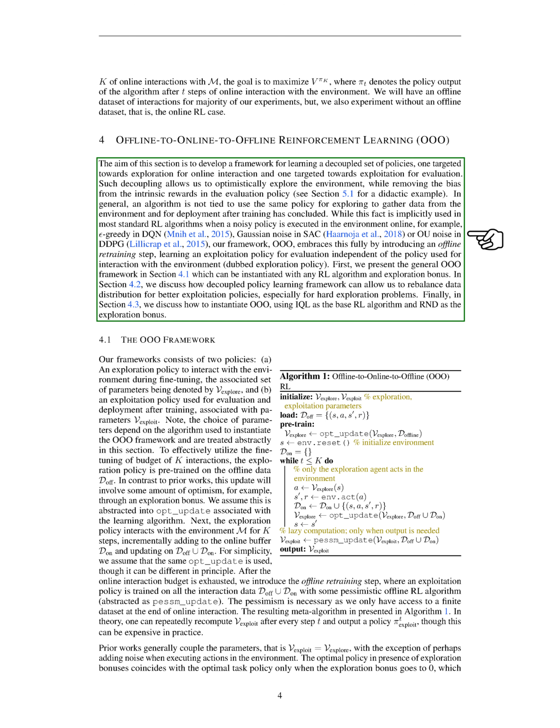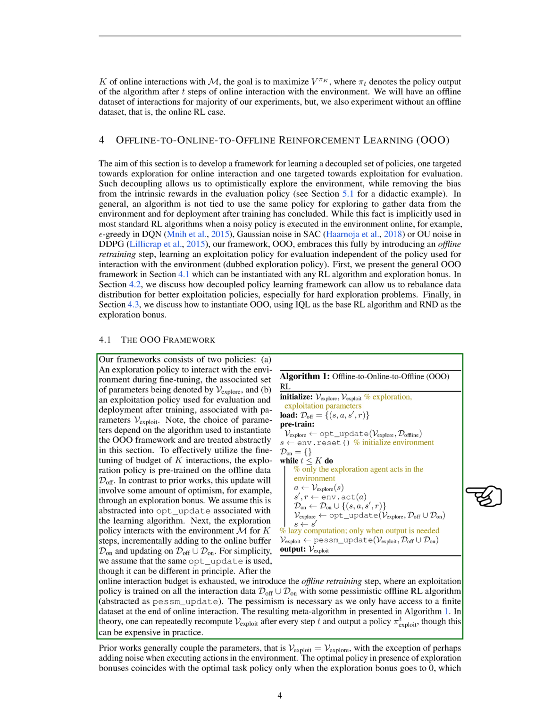Our framework consists of two policies, an exploration policy for interacting with the system, and an exploitation policy for making decisions after training. The exploration policy is pre-trained on a dataset of previous interactions, and then fine-tuned through interaction with the system. The exploitation policy is trained on all interaction data after the exploration phase is complete. In general, the same parameters are used for both policies, but in our framework, we separate them.